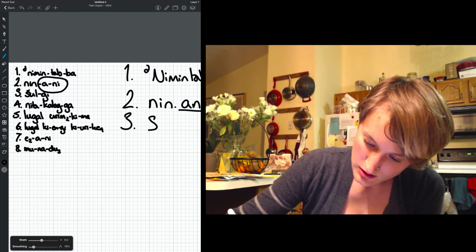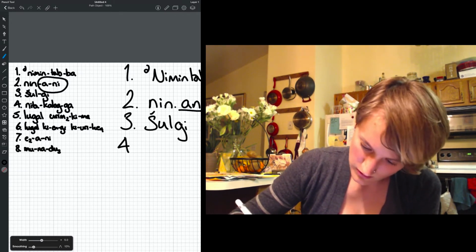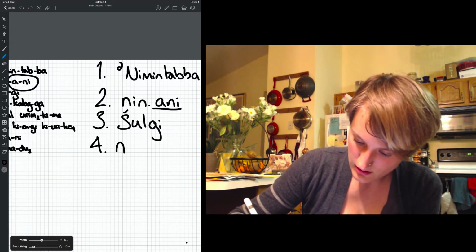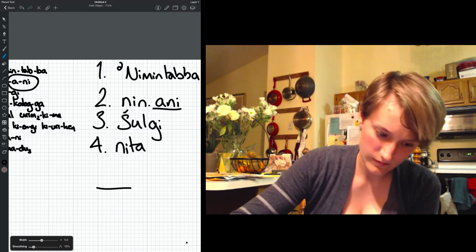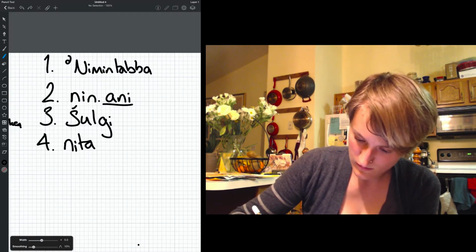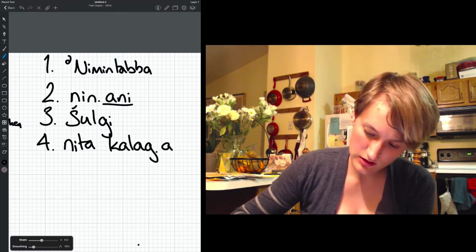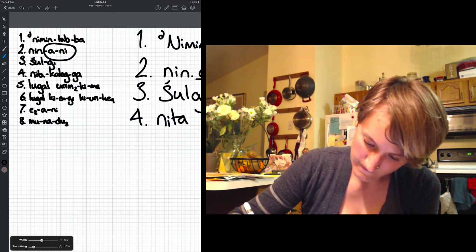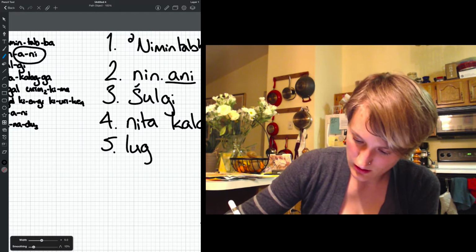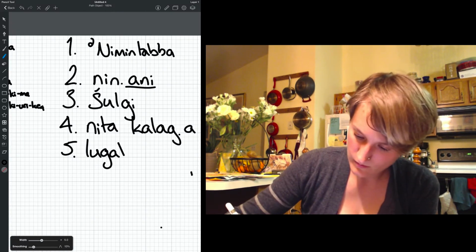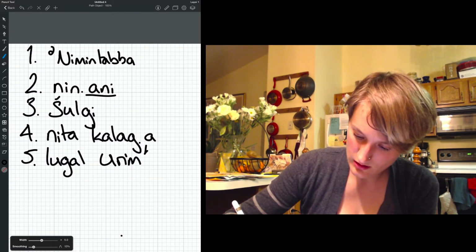3. Šulgi. 4. Nita, Kalaga. 5. Lugal, Orem, Ki,